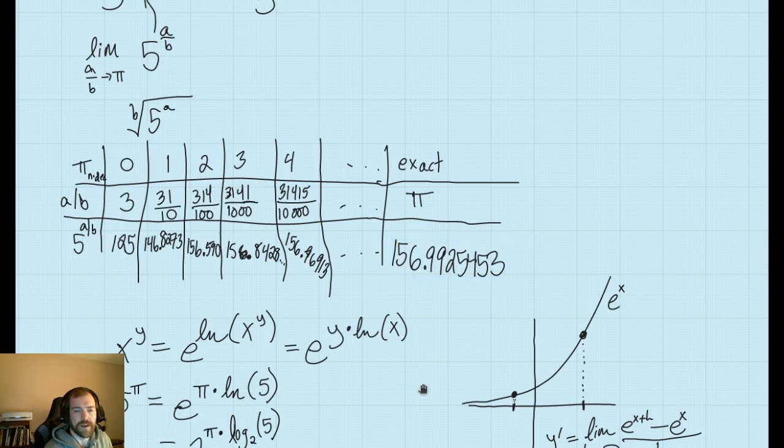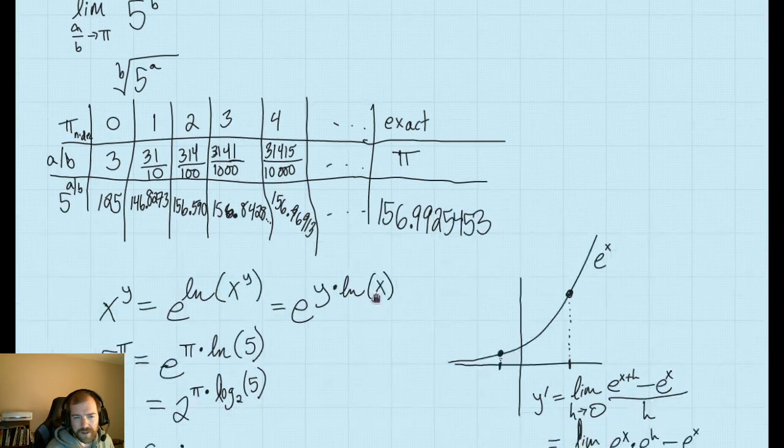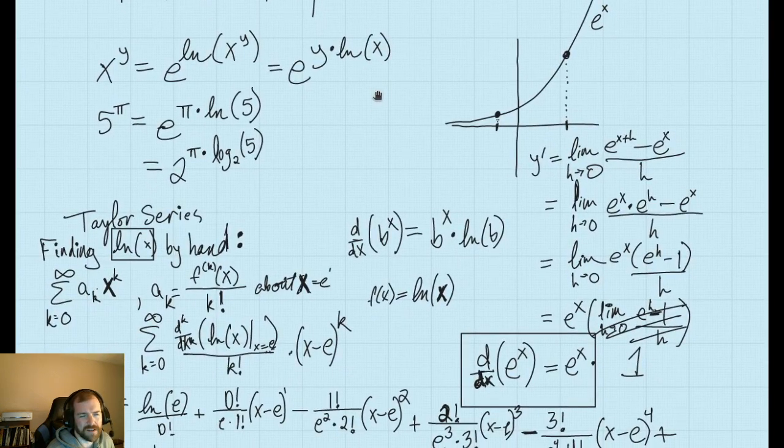156.9925453. Then I said, well, I've never actually thought about how a calculator will go through and figure out how to do these irrational things. I had sort of an intuitive sense. It's going to approximate, right? Use a decimal like we did here. But then I went, well, maybe not. So I looked it up, and it turns out that, not really that surprisingly, the calculator is going to take